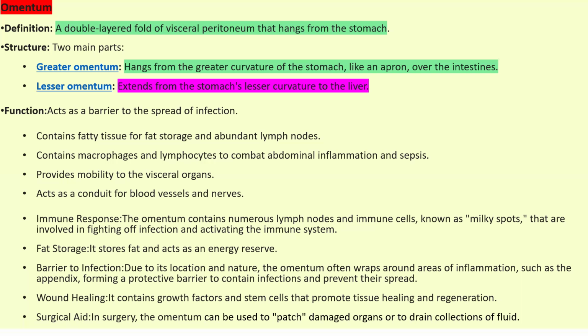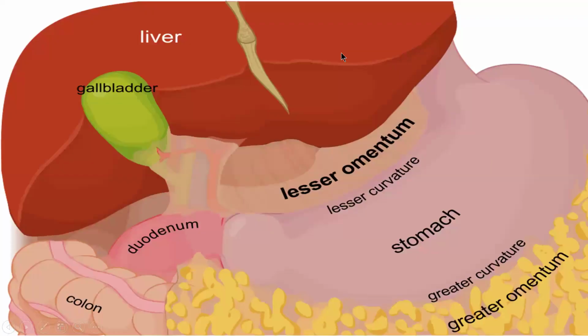So these are the functions of the omentum, which is a double-layered fold of visceral peritoneum that hangs from the stomach. The greater omentum hangs from the stomach. The lesser omentum runs from the stomach to the liver. So the lesser omentum goes from the stomach to the liver, and the greater omentum from the stomach to the